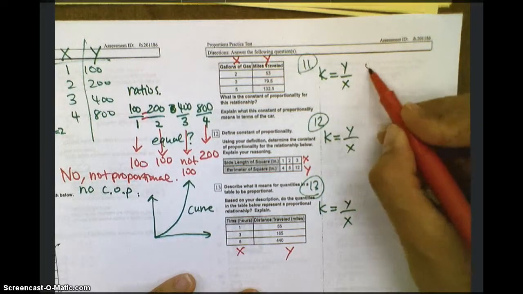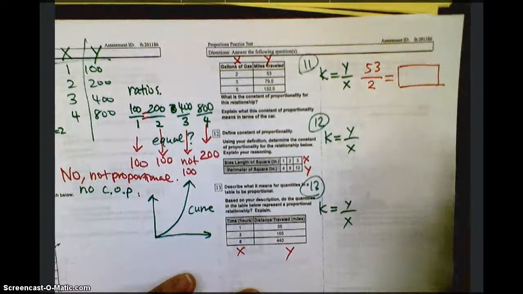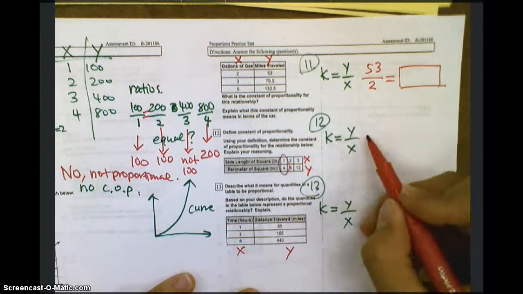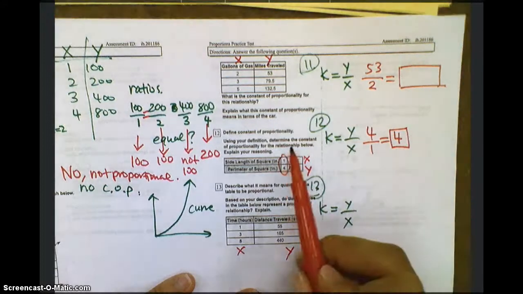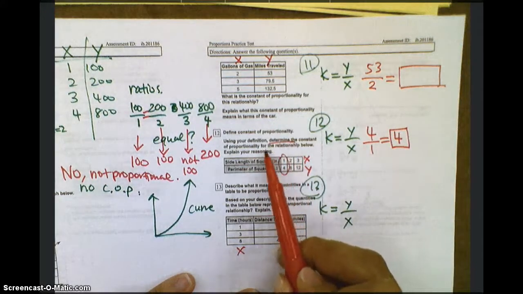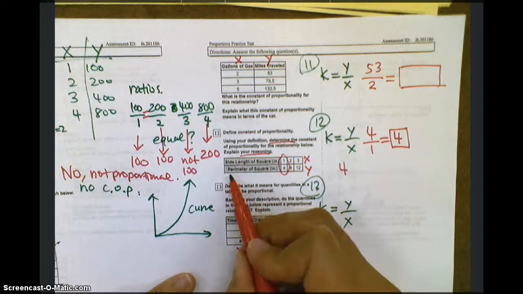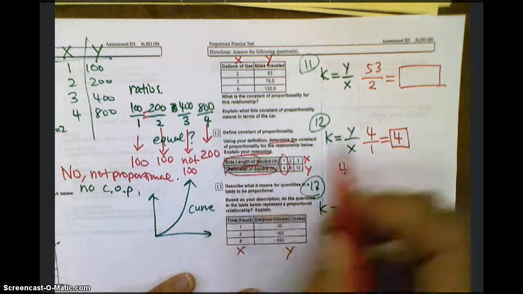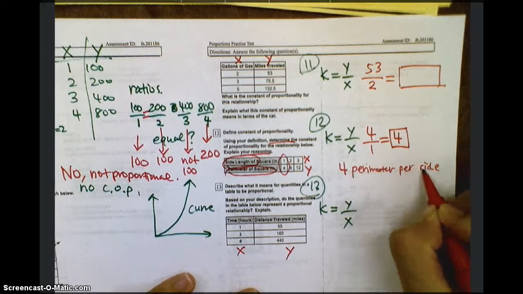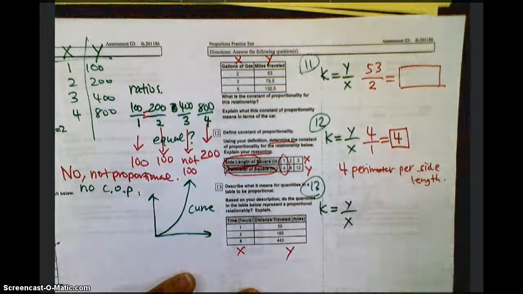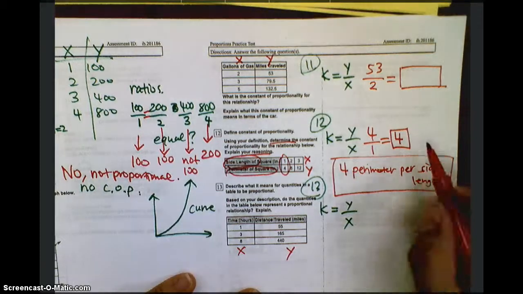So for 11, we're going to take 53 miles that are traveled for every 2 gallons, and then whatever we get will be our constant. For 12, you're going to do the same thing. We'll just pick 4 and 1. So 4 divided by 1 is 4. Okay, so for number 12 specifically, we want to then define and determine that constant, and that 4 is represented by the 4 for the perimeter per side length. 4 perimeter per side length. And that's what it means for us to get the number 4 for our constant. And same